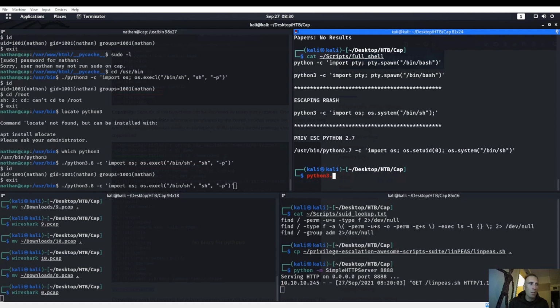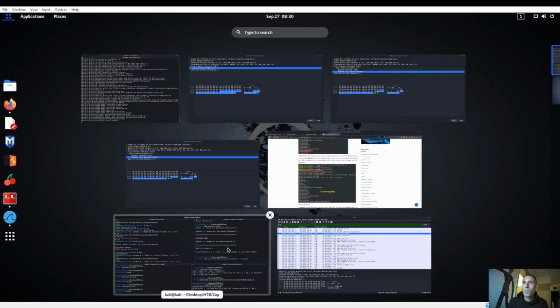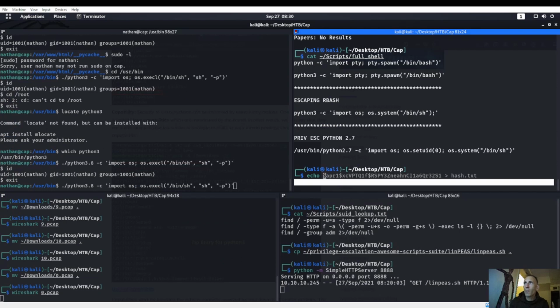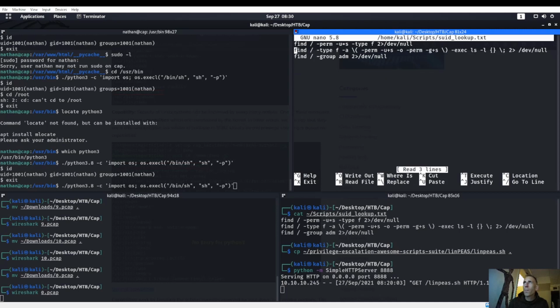So we've got to do the capabilities. We're going to echo. We're just going to put that. Actually, no, I'm going to nano that. Nope, nano scripts, full shell. I don't know if I really want to nano that full shell though. Now I want to nano that in SUID. SUID lookup. Okay, and then we'll do a